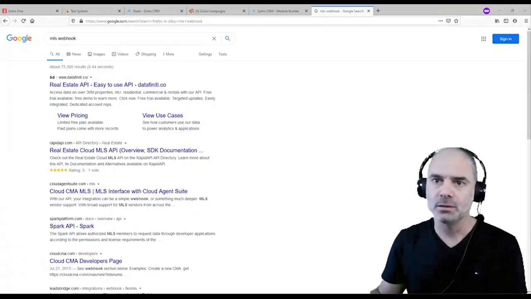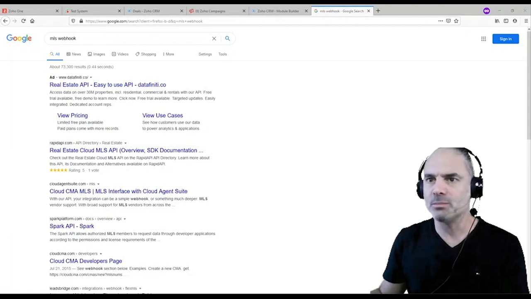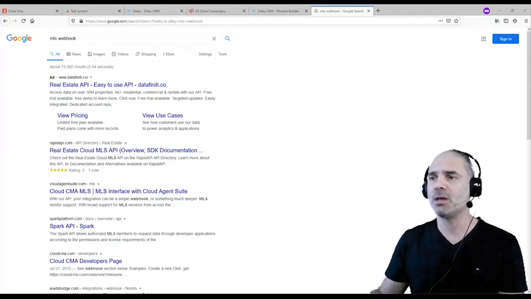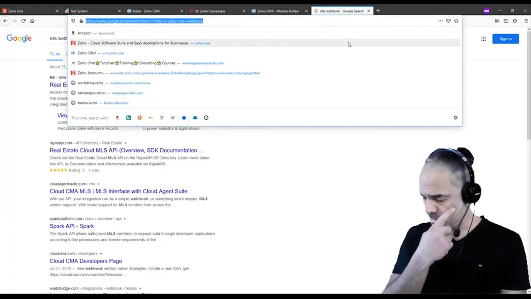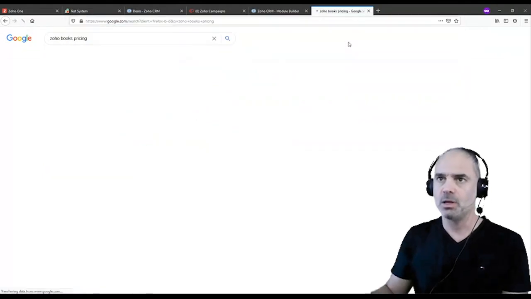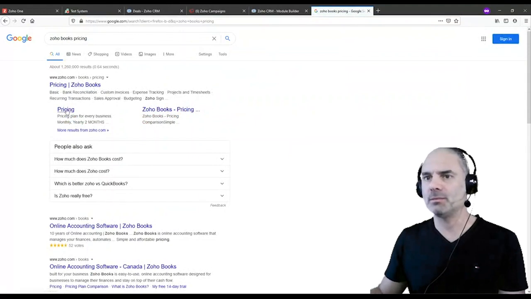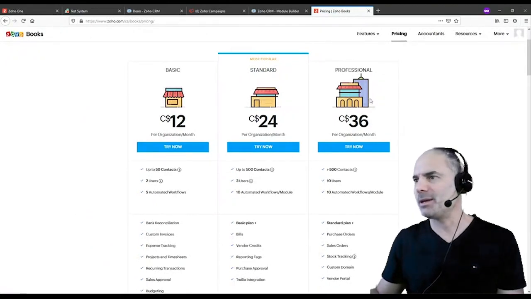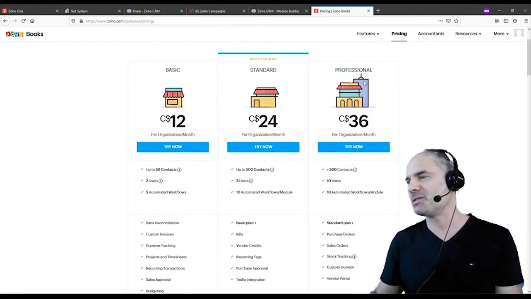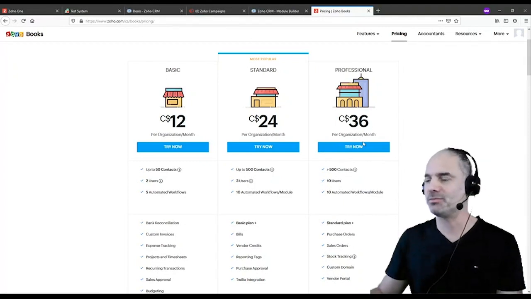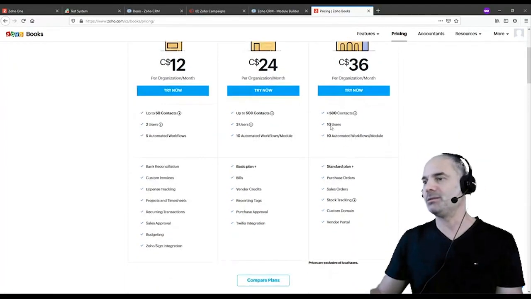From Stanley: with Zoho One, is the Books app free or not? It's free. If you go to Zoho Books pricing, with Zoho One you're getting, I think, the professional edition, free of charge. It's funny because Zoho Books costs $36 and Zoho One is $30. So you're getting this application as part of the package for free. And it's awesome.